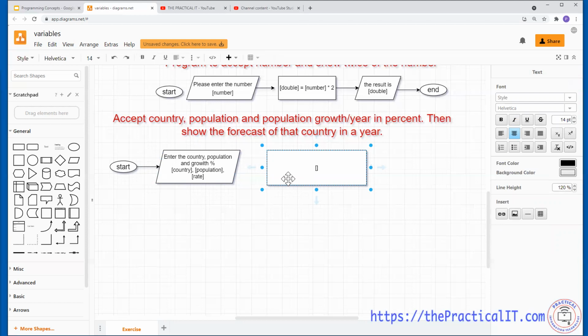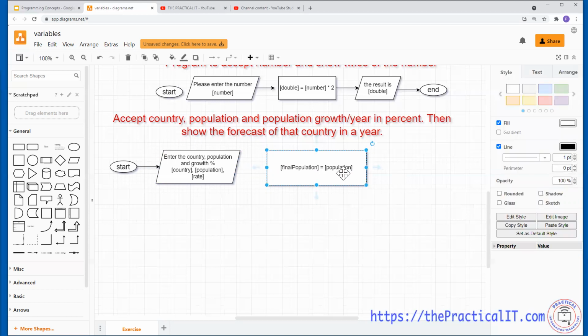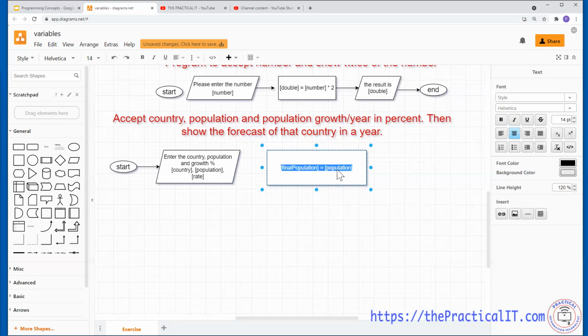So let me start by having the final population, by creating a new variable that would be holding that value. I'm going to say final population, and this final population is going to be equal to the population that we have accepted from the user. Let me use a small f on this one. This is very common. Then we're going to add the percentage increase of that population. For that, we're going to add rate times population,